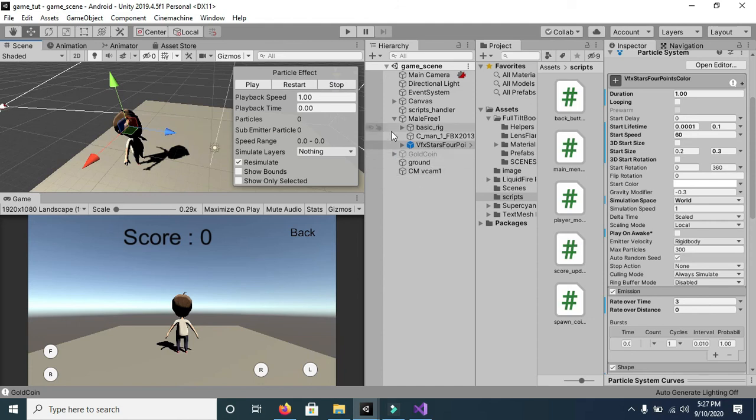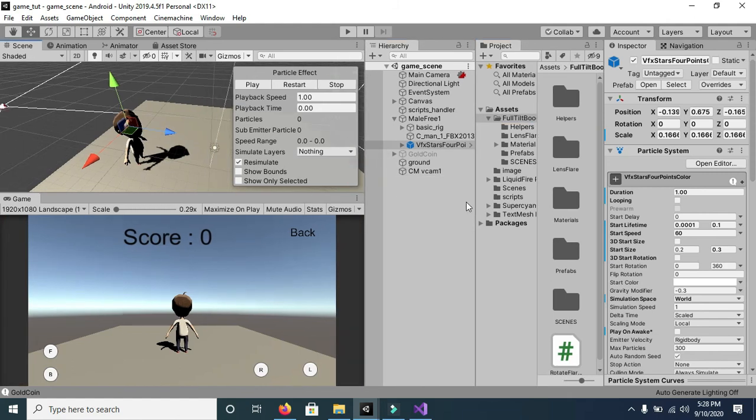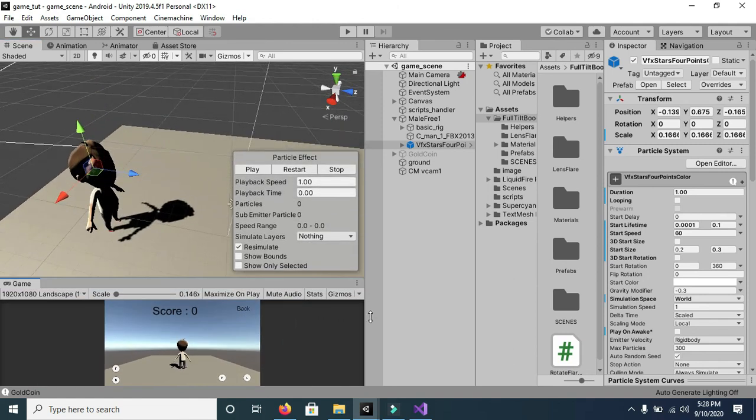So if you are a beginner, then you can simply import a particle effect from the Unity asset store, or you can build your own also. It's up to you. And if you have not understood anything in this tutorial or any other tutorial, you can simply ask me in the comment section, and if you have any queries or concerns about any video, you can ask me in the comment section.